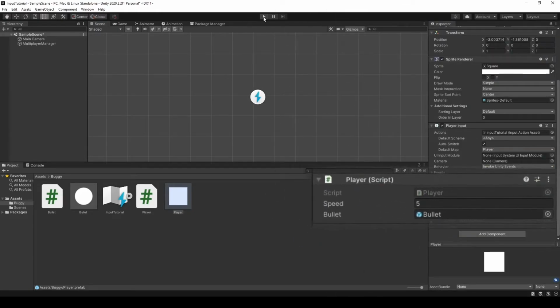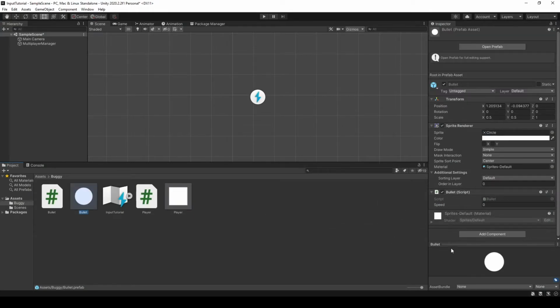On the player script, we want to set the speed equal to something, and the bullet value to that bullet prefab, and on our bullet prefab, we want to set the speed in there as well. Now if you go in and test,